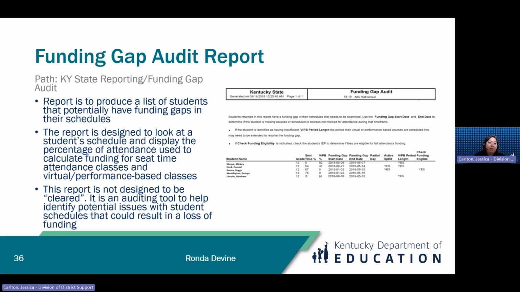Kind of troubleshoot those, and if it's something you still can't find, if I've got Sally here who says, I can't get to 93%, I don't know what's wrong, reach out to us and we'll be happy to help you. The quick reference card on this report in Infinite Campus will be up at the top where you run the report. It's also a great tool to walk through the report and see what everything means.